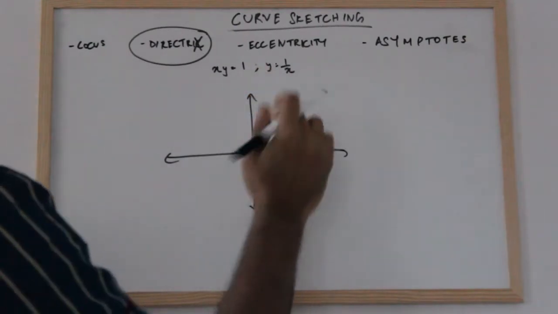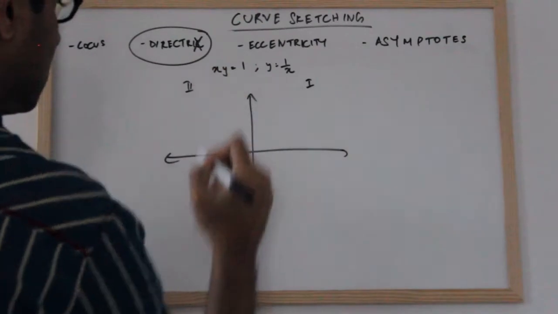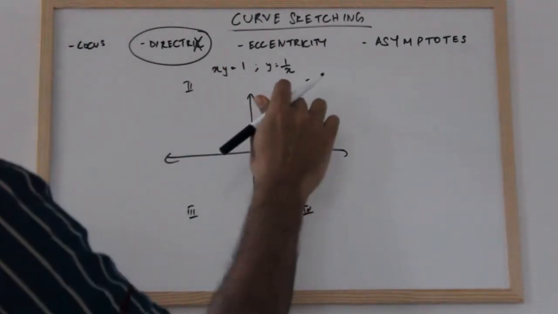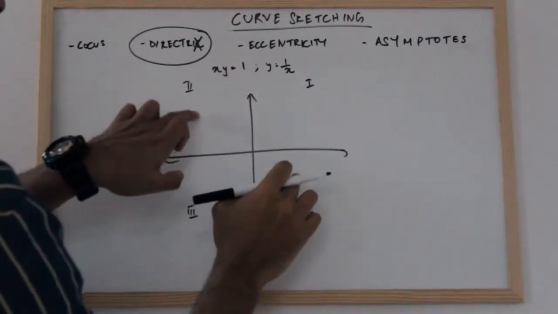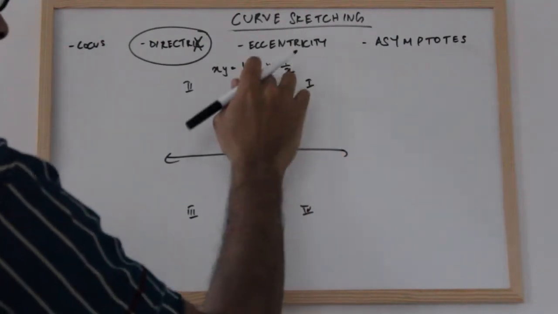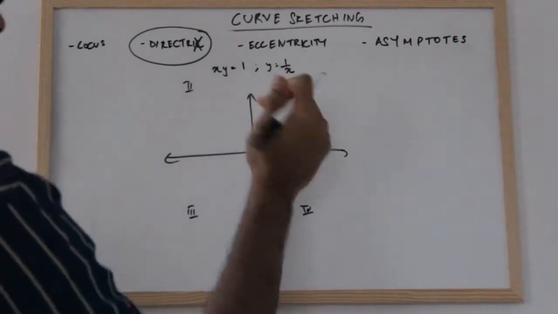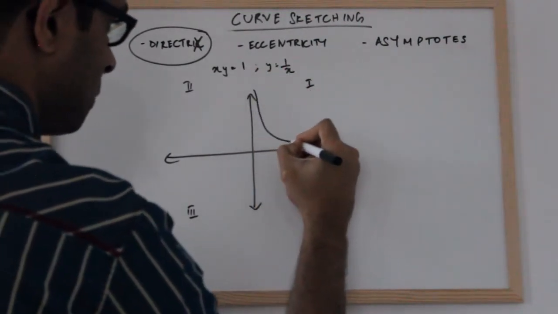Let's define the quadrants. It's either in the first quadrant or the third quadrant. It cannot be in the 2nd and 4th quadrant. So the greater the x, the smaller is the y; the lesser the x, the greater is the y. So a curve will be of the form